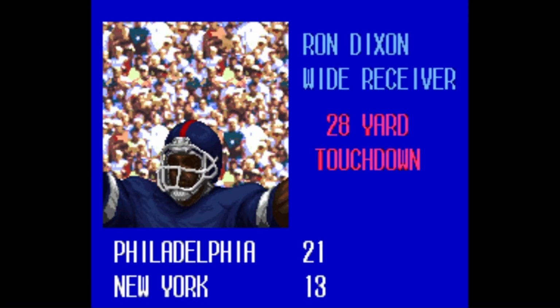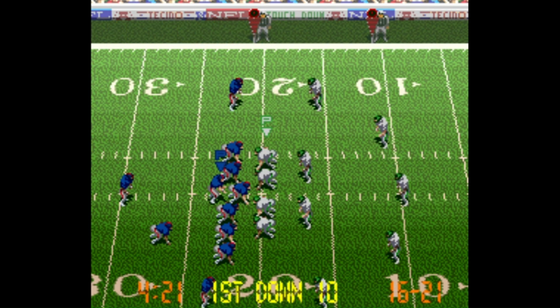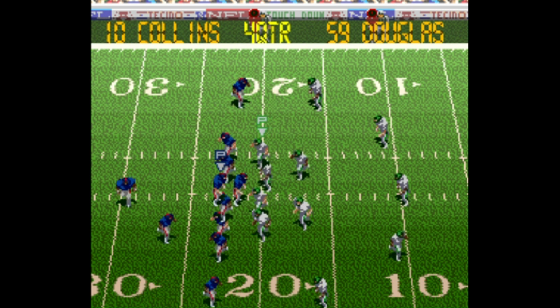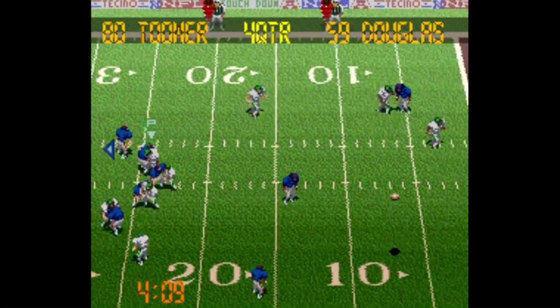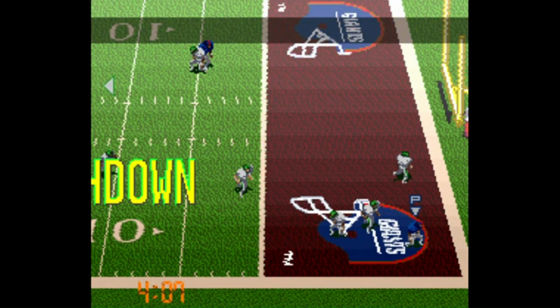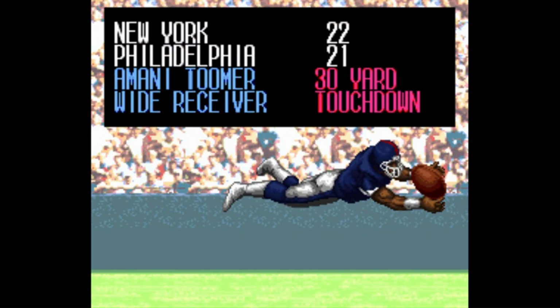In the second half now, they're going to pick up a safety, and on the ensuing free kick, they're going to drive it down to the 20. They only trail by 5 now. Kerry Collins is going to look downfield. Amani Toomer makes a diving catch, and the Giants have come back from 21-0 to take a 23-21 lead.